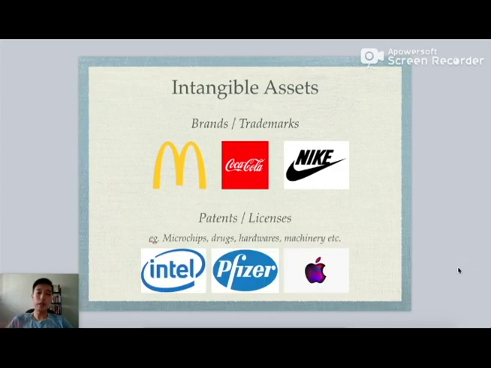Alright, so another type of intangible asset could be what we call patents and licenses. Some of the key companies you look at will be companies that produce microchips, drugs, hardware, or even machineries. Some of the brands you consider will be like Intel, which actually makes microchips. They have patents on the chips that they make so that they protect themselves from competitors who fully copy it. If not, will be companies like Pfizer that create drugs. And every drug that they invent is actually patented so that they protect their profit margin for the next 10 years from competitors who duplicate their drugs and mass sell in the market.